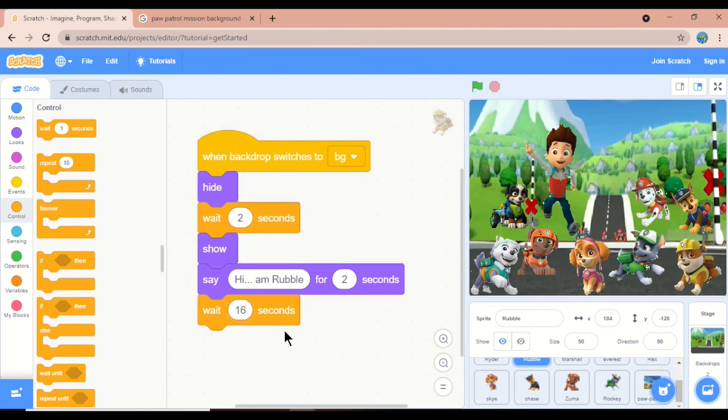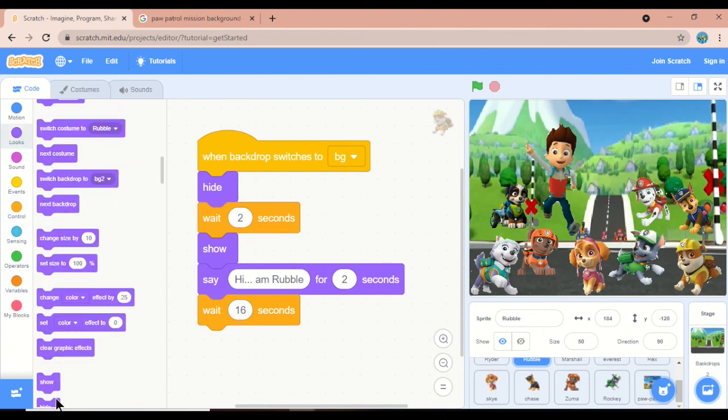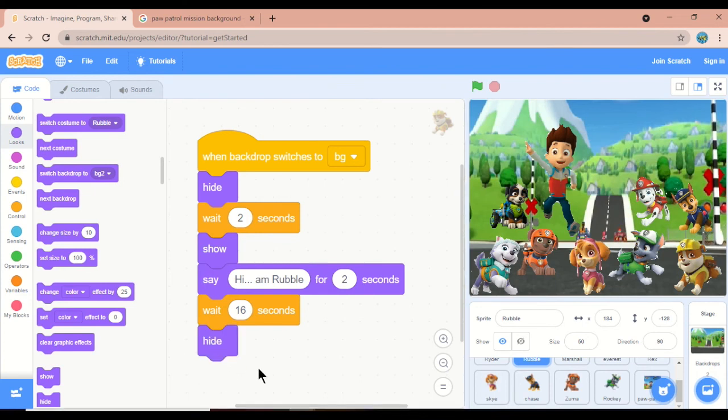After that, he will be hidden. So go to looks and choose hide. He will wait 16 seconds until everyone says hi. After that, he will hide.